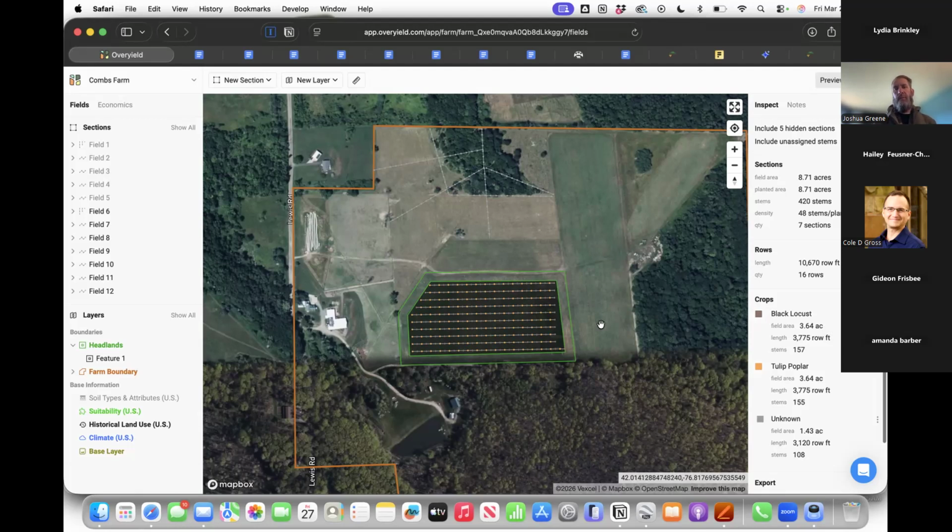So sometimes when people are talking about their goals and they want timber, our typical grid layout is not going to make sense, and it probably makes more sense to do that in a block,